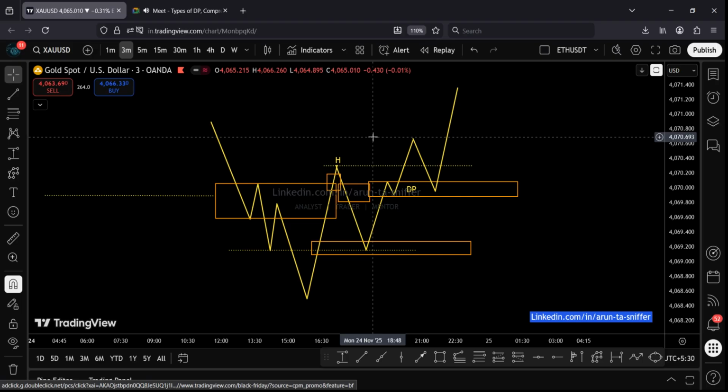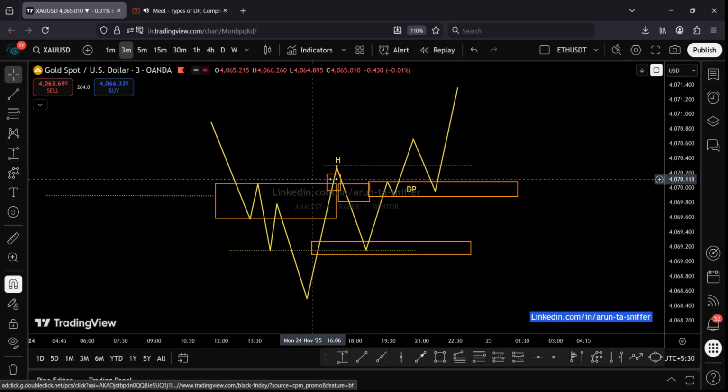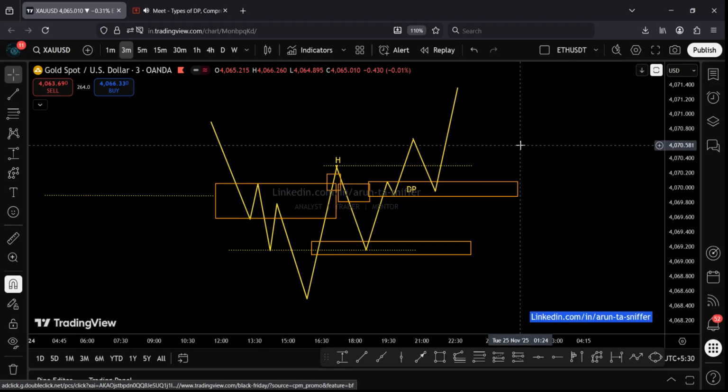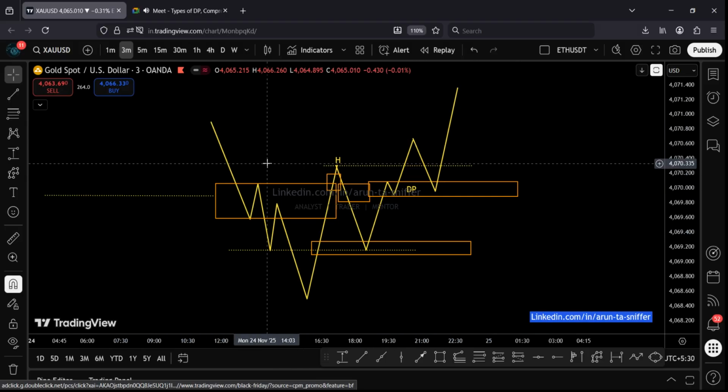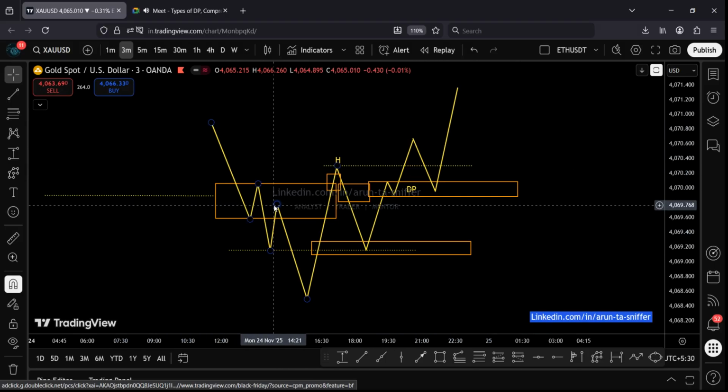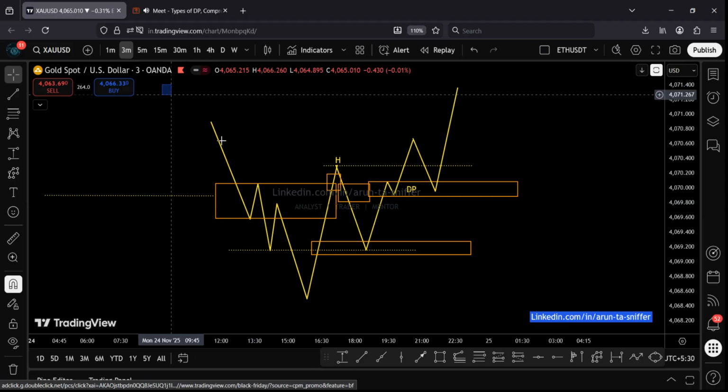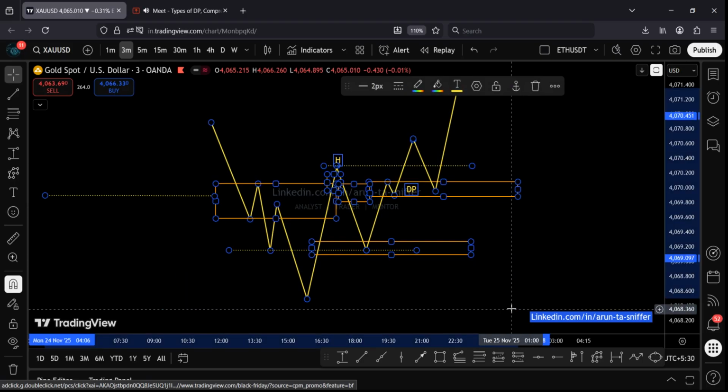Okay, so these are our types of DP. Basically the definition of DP is where decisions are taken to break a level, and you find that level using order swapping. Order swapping is the most accurate way to find the decision, right? Any question, or should I delete it? No question. Let's delete.